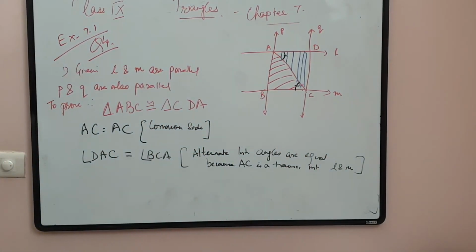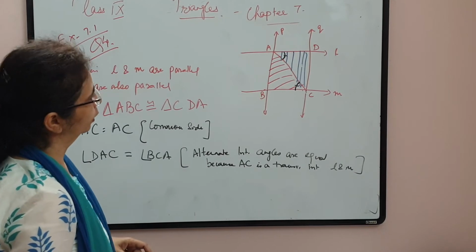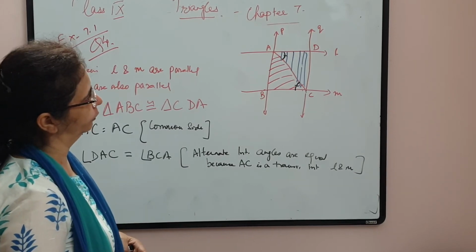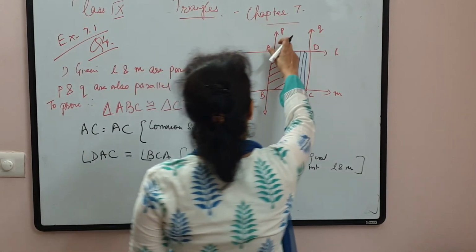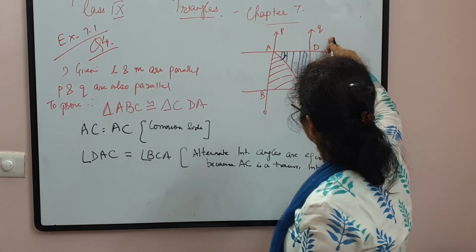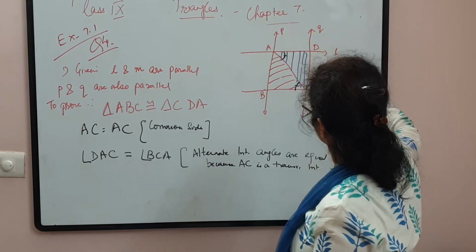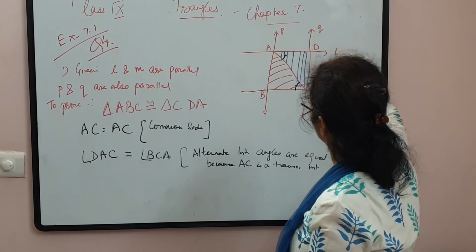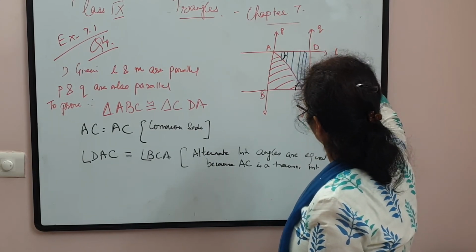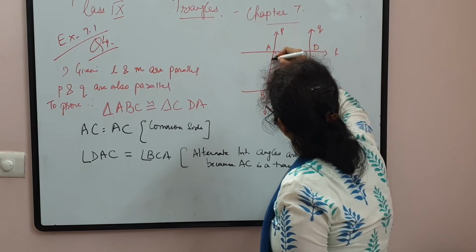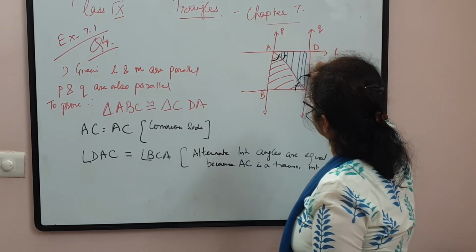Alright. Next, children, but this will not suffice. You know that one side AC is common, one angle is equal. You want another angle, otherwise you cannot prove that these two triangles are congruent. So let us make use of the other set of parallel lines which have been provided to us. What are they? P and Q. P and Q are parallel lines, and considering these two parallel lines, you see that AC is also a transversal which is intersecting P and Q. And with that, you know that this angle is equal to this angle.